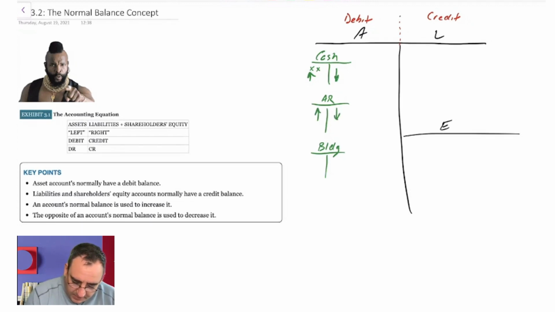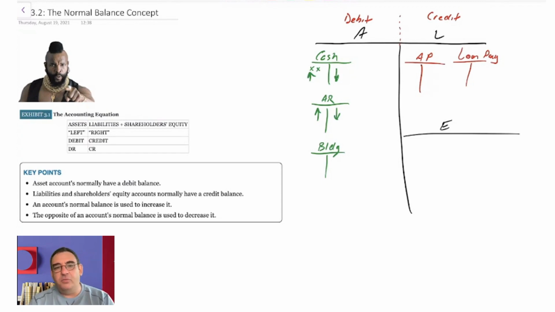Then we have a bunch of accounts on the left side. We had, remember, accounts payable. We had maybe a loan payable. We have salaries and wages, all kinds. Well, these are on the right side of the balance sheet. So because they live on the right side of the balance sheet, they will always have a normal balance that's